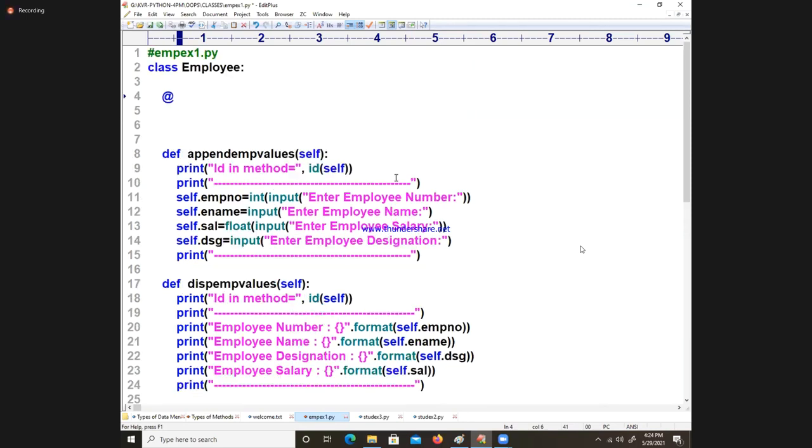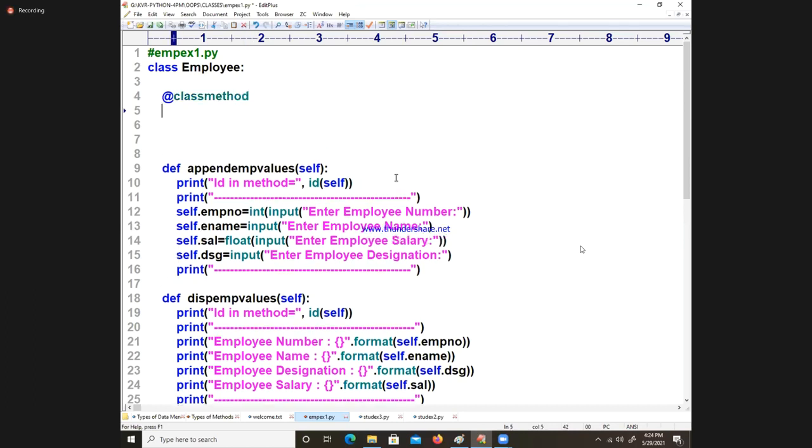Def append_company_name, taking cls as the first parameter.